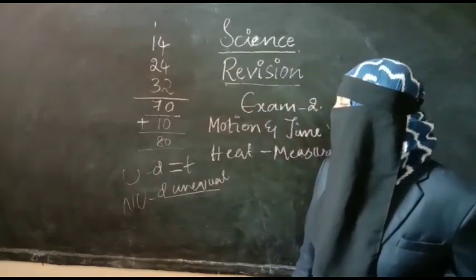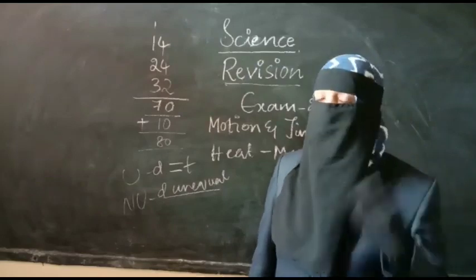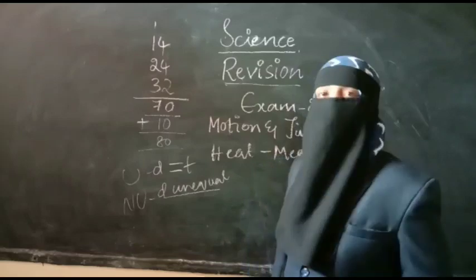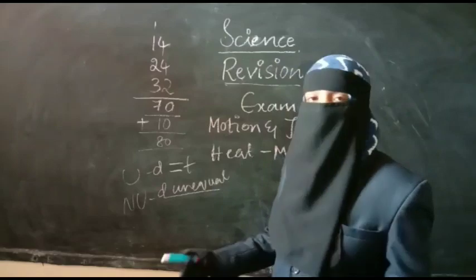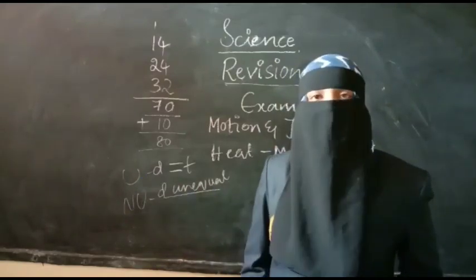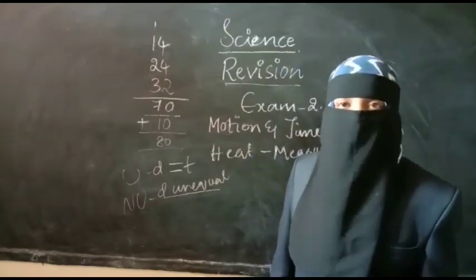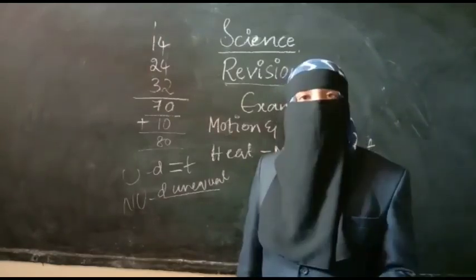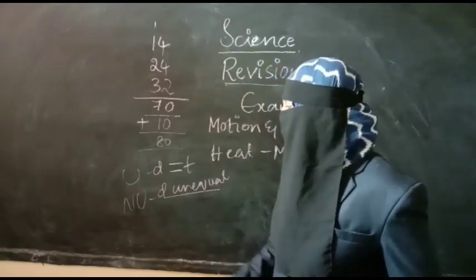We have seen some examples of uniform motion, like the hands of a clock, a school period, the movement of the earth, the movement of the moon, and many other examples of uniform motion. Day and night are also examples of uniform motion. The next one is non-uniform motion. A butterfly sucking nectar from the flowers in a garden, moving in a crowded place, a train entering into the station, all these are examples of non-uniform motion.